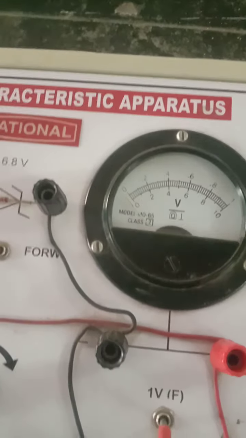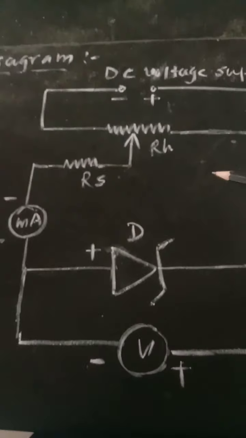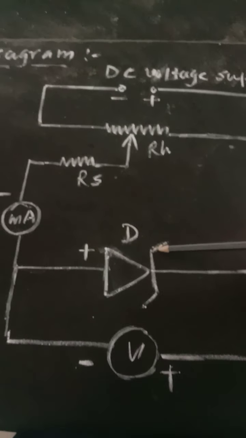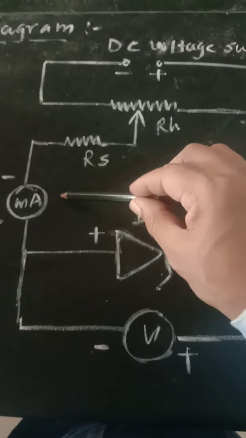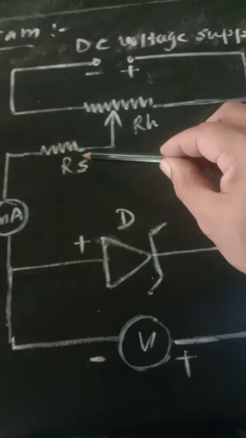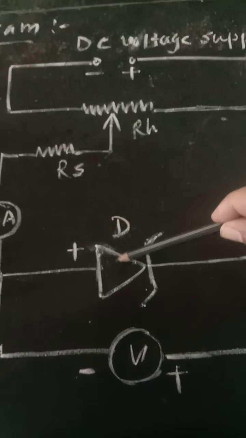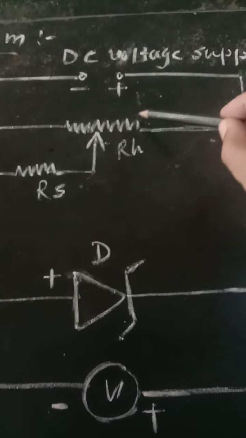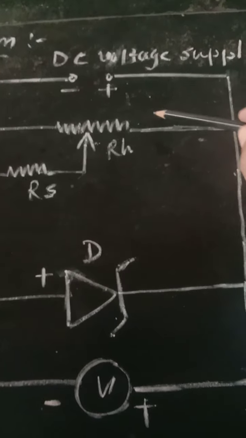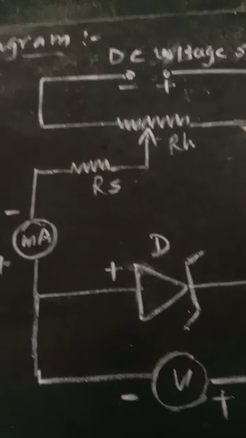Now if you consider actual circuit diagram, then that circuit diagram will be as shown. So here there is Zener diode, D is the Zener diode, V will represent voltmeter, milliampere will be shown by this milliammeter, RS is the series resistance which is connected in series with this Zener diode to control the current. This total arrangement will be the DC supply which will be acting as the source of EMF to that circuit. So this will be the circuit diagram.